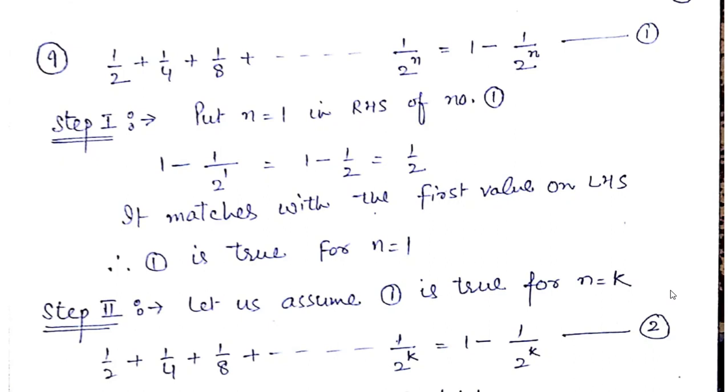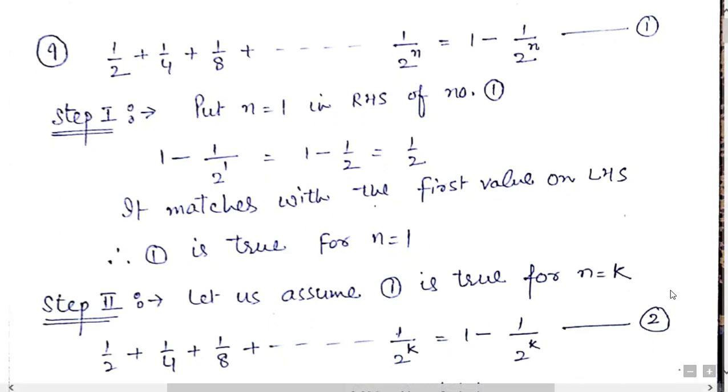Hello students, let us start with question number 9 of Principle of Mathematical Induction, exercise 4.1 plus 1, NCERT Mathematics. We already discussed how to solve the problem by using PMI, that is Principle of Mathematical Induction. I repeat again, we have to insert n is equal to 1 in the right hand side of the given statement in step number 1, and we have to match whether this value is equivalent to the first value on the left